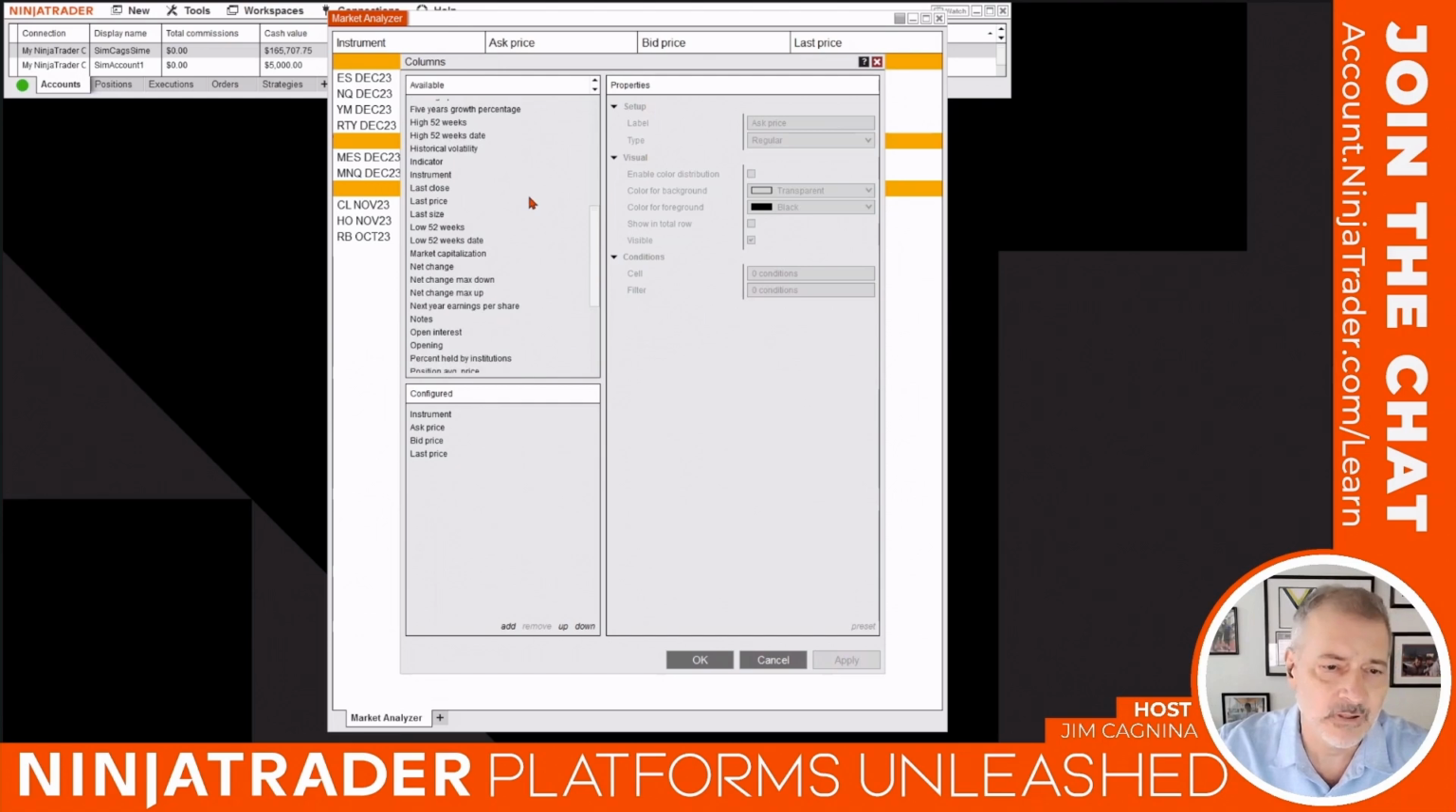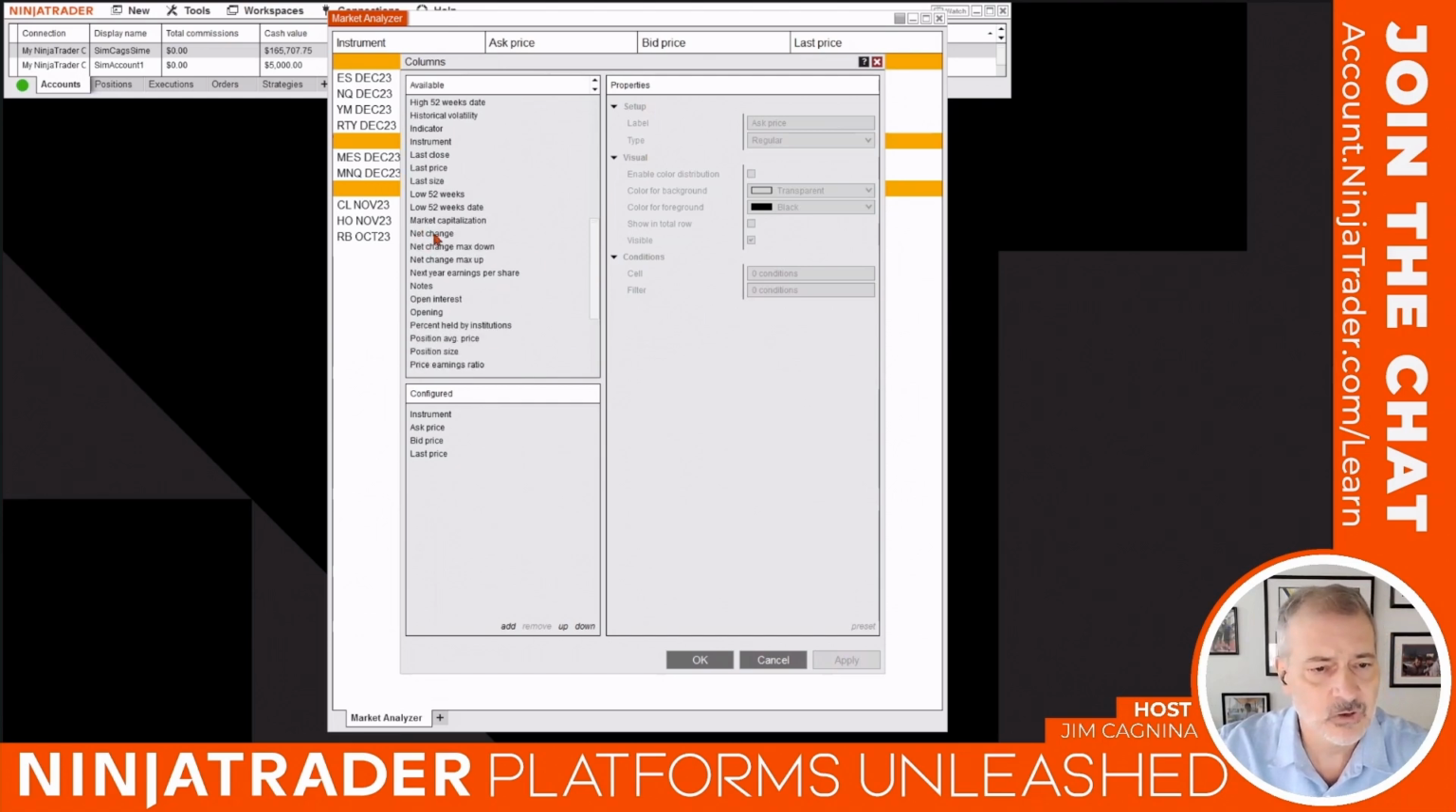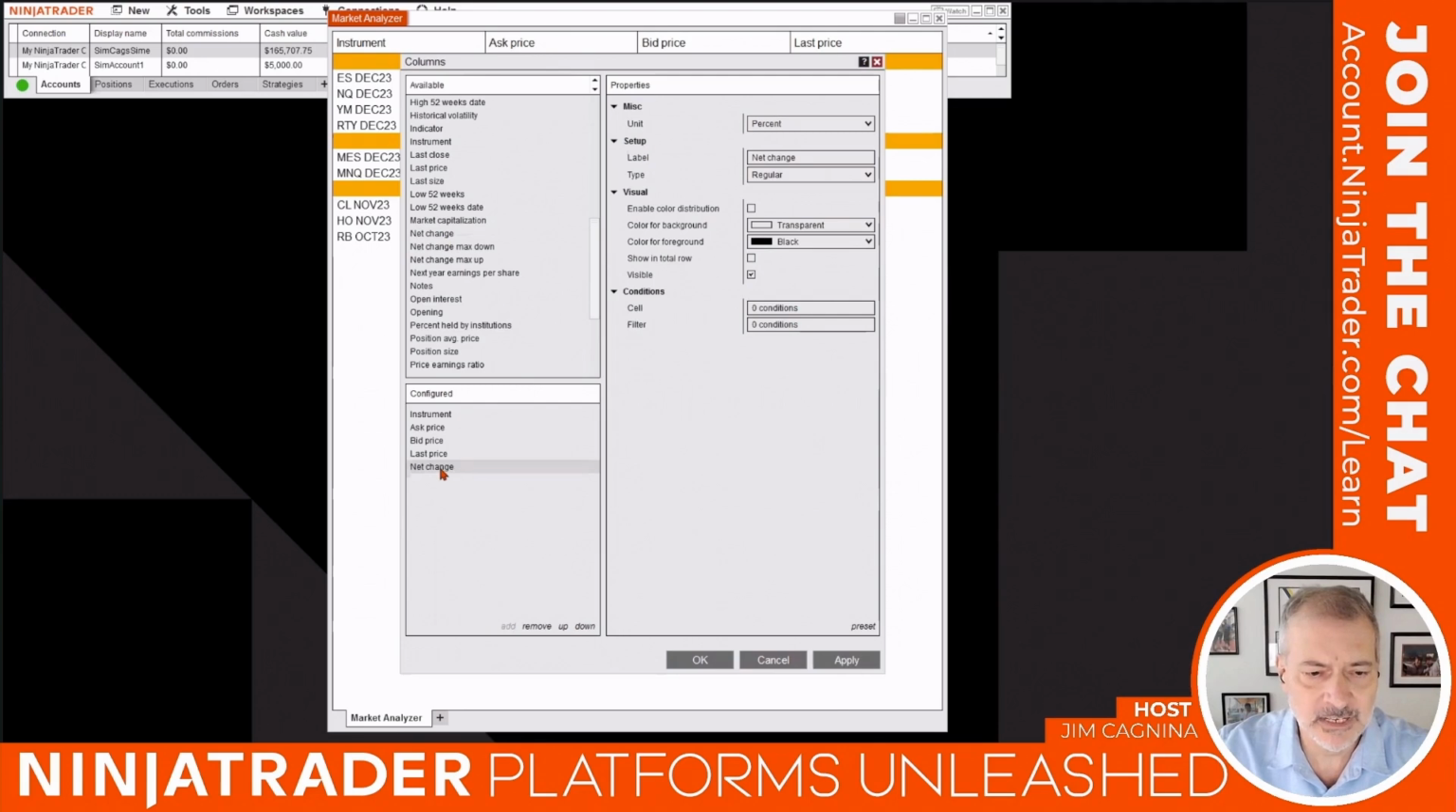Now, some of these won't apply, some of these will apply, but let's go ahead right off the bat and add net change. I'm going to double click on net change and it's going to bring that available down to the configure section. So once it's in the configure section, I'm going to make sure the net change is highlighted, which is going to activate the properties window on the right side. And I'm going to see here I have some potential information I could display